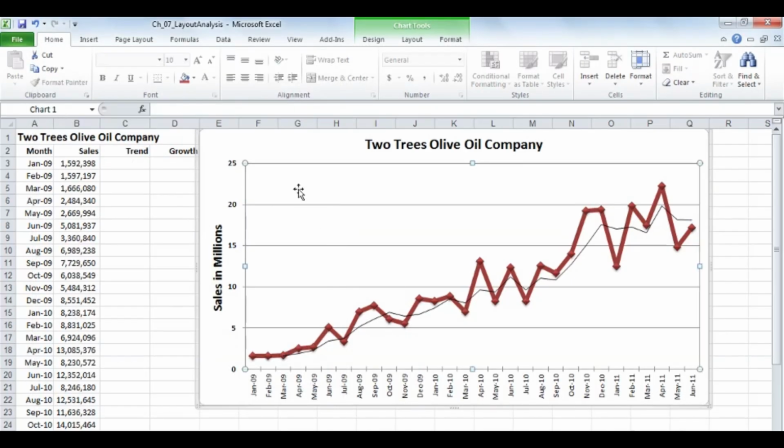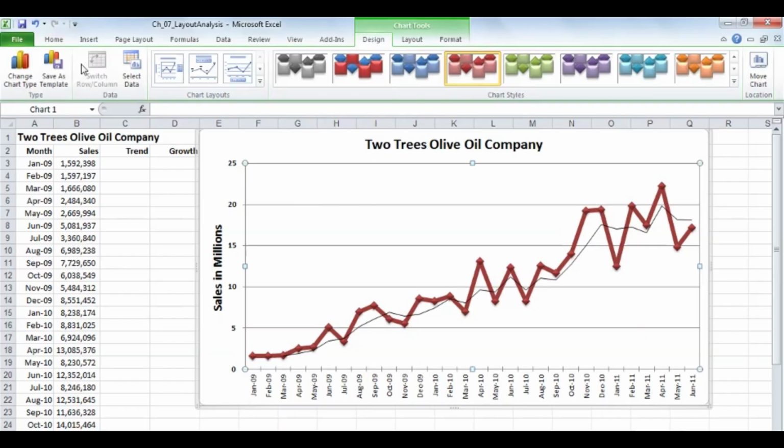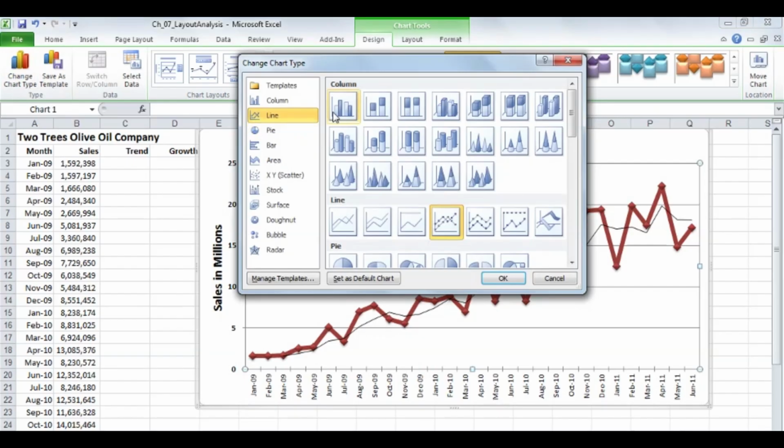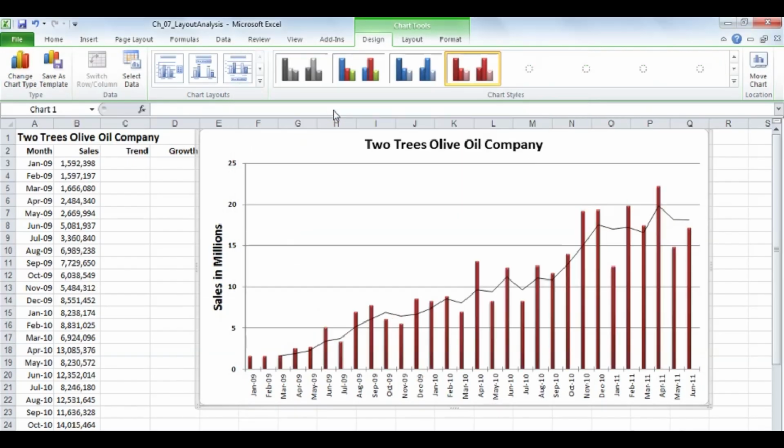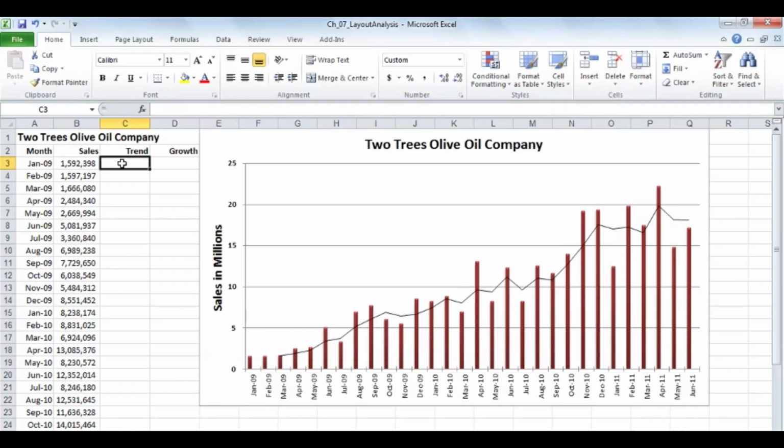And recognize too that sometimes you might want to use a column chart. So I'm going to switch the design here, change the chart type to be a column chart. And some people prefer this with trend lines because there's the obvious difference in the chart type. We have a line and columns together here, and maybe that makes it more readable. Another option here too is if you're familiar with a function called trend, you could show a linear line here